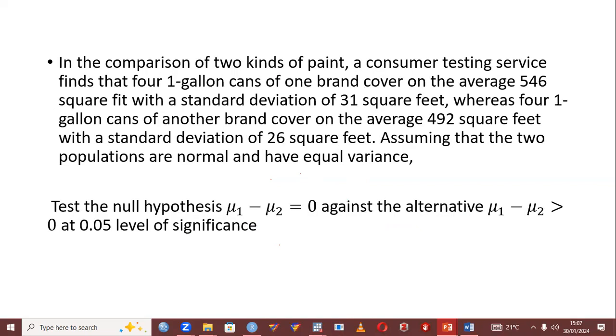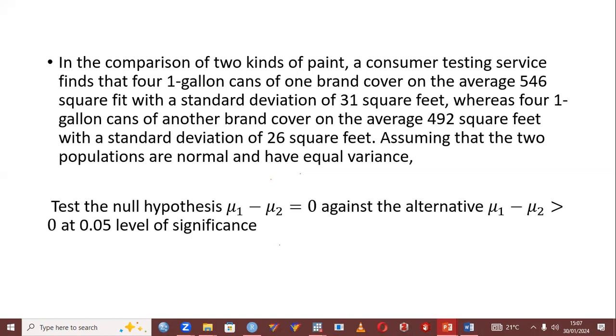Then we shall have an example. They are telling us that in the comparison of two kinds of paint, a customer testing service finds that a 4-gallon can of one brand covers an average of 546 square feet with a standard deviation of 31, whereas another 1-gallon can of another brand has an average of 492 square feet with a standard deviation of